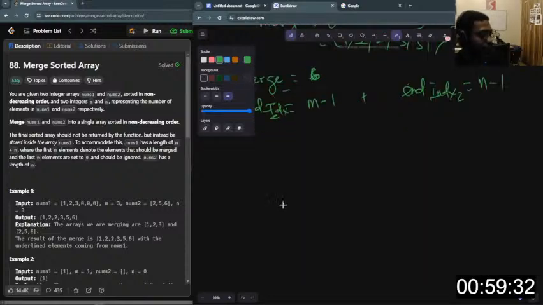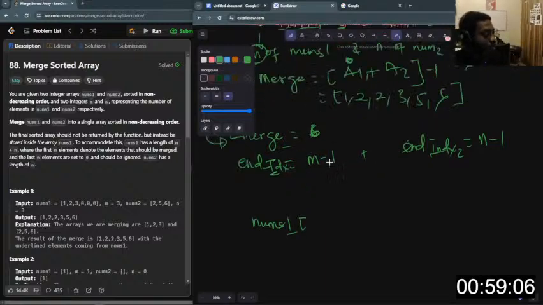So the first time we compare, we'll say, okay, is the last item in nums1, which will be this end index here,